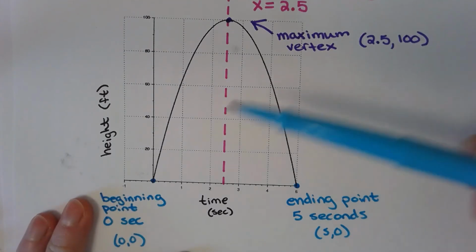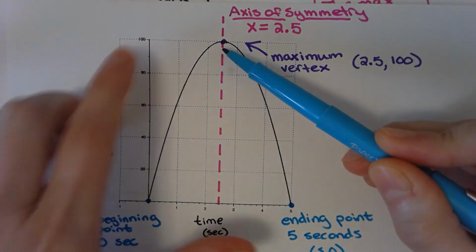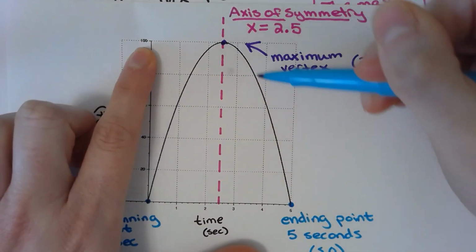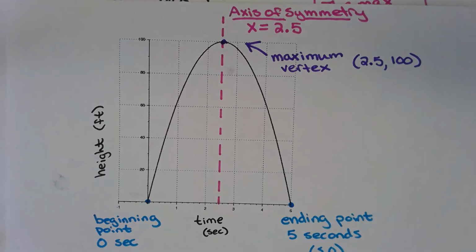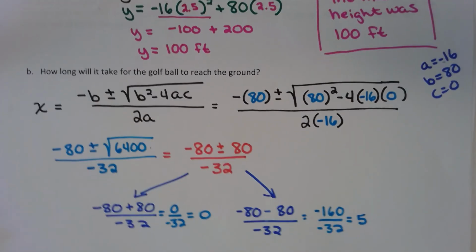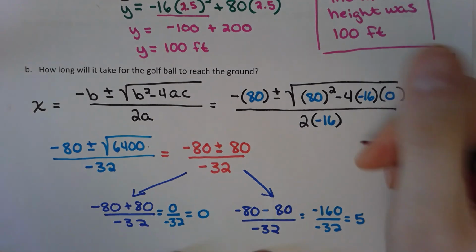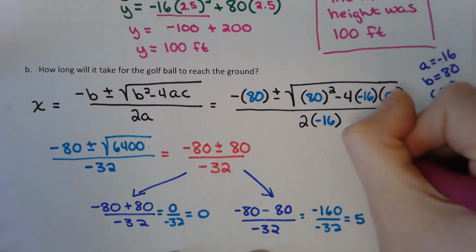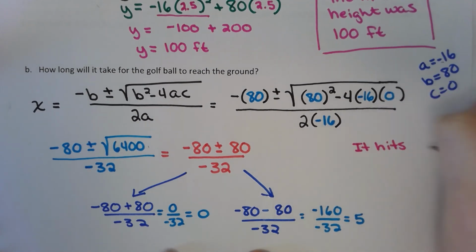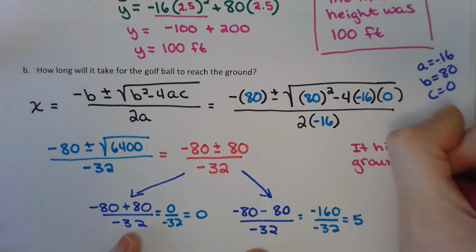So here's just the picture. I put the numbers on there so that you can see it. It went up, it reached its highest point at 100, it came back down, and it hit the ground again after 5 seconds. So make sure that you are actually answering the right question. It said, how long will it take for the golf ball to reach the ground? We'd say it hits the ground after